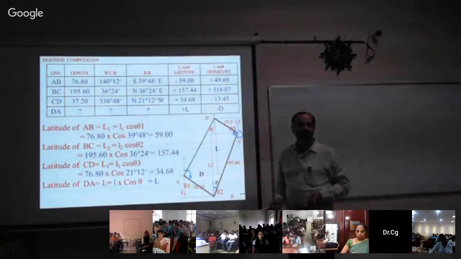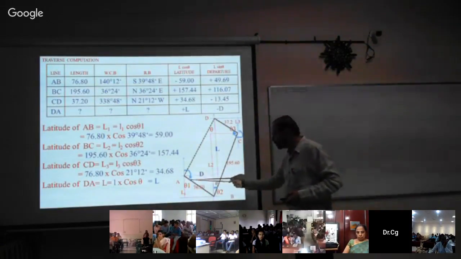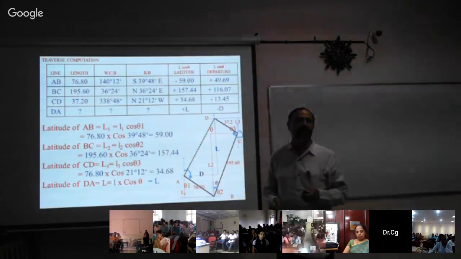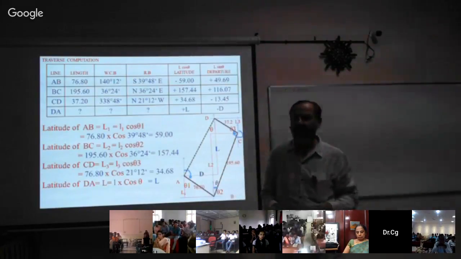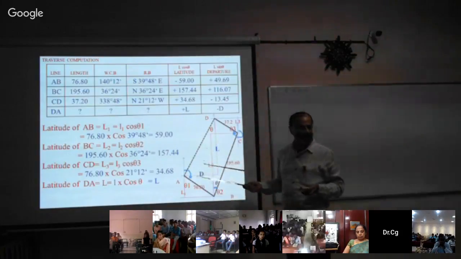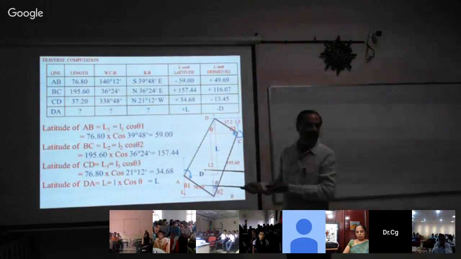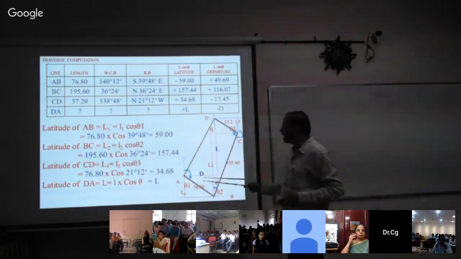Now I suggest you write this down. Sketch the given data approximately, proportionately sketch this diagram. Without this diagram it is also possible to do it, but sometimes you can understand better if you do this. Now the first line AB is